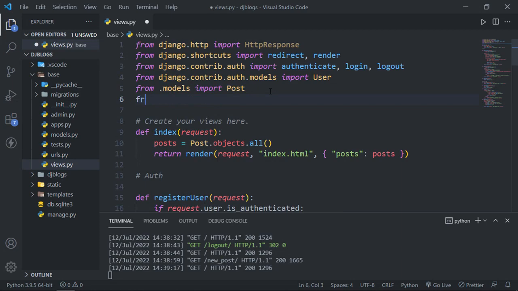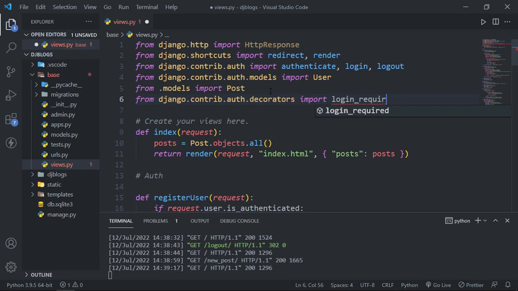So I will type here from django.contrib.auth.decorators import login_required. So we will import this decorator, and after that